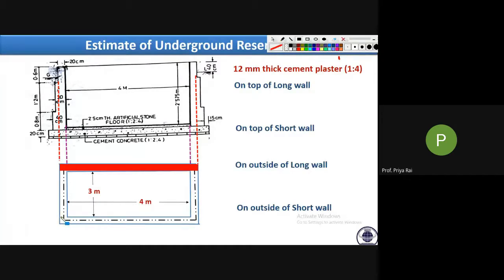Tell me how many long walls are there? 2 long walls, right? So this one, this and this area we have to do. So 2 times we have to calculate this area. So simply first calculate this area, multiply it with the 2 value, you will get the total area. Okay, so this area is how much? This length plus this thickness. This thickness is how much? This is the 0.4. 20 centimeter, 0.2.